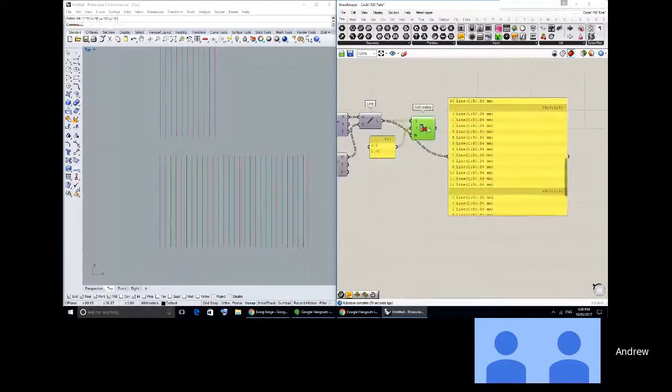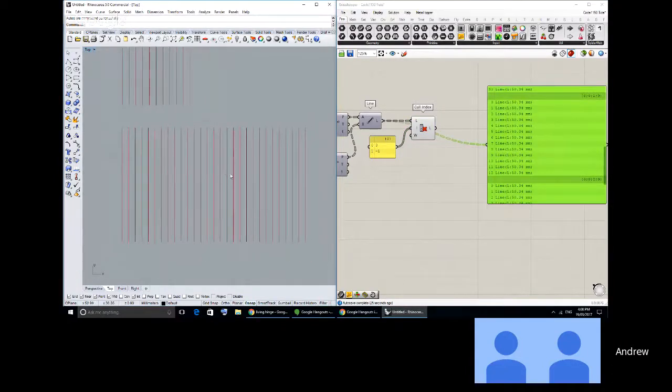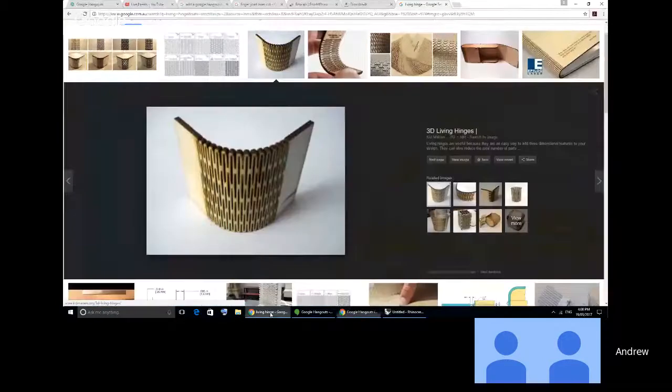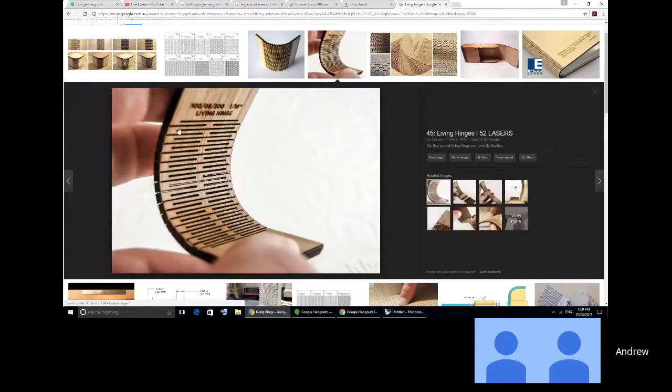So now what that's doing is it's set up a nice list of lines that we can use to start making that living hinge. So if we look back to this image, and now imagine we've got lines running down through each of these. What's the next step that we need to take? We should be working on each separately, right? So we basically want to take